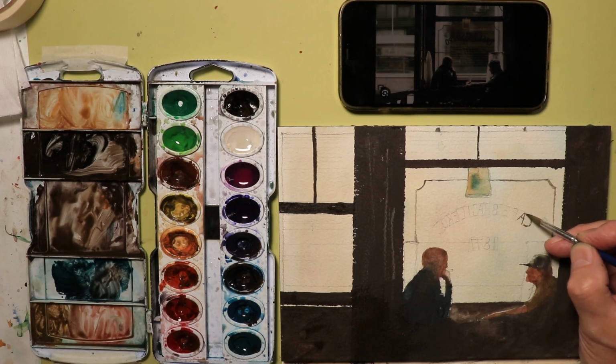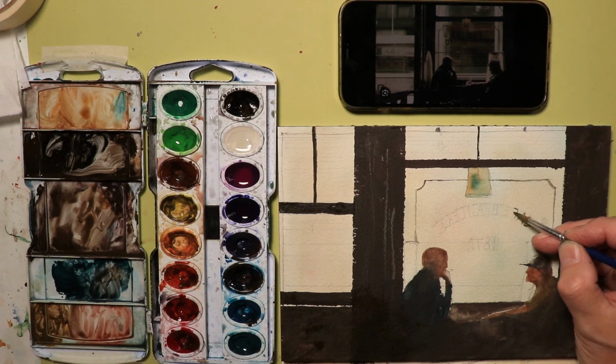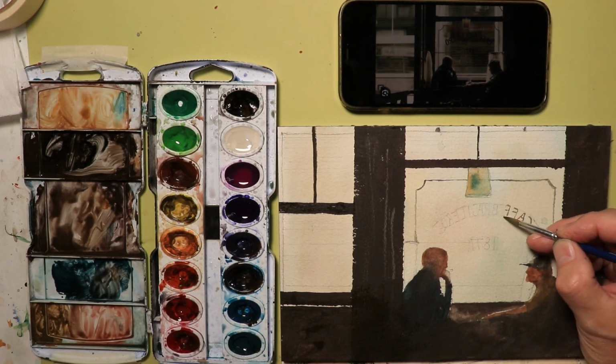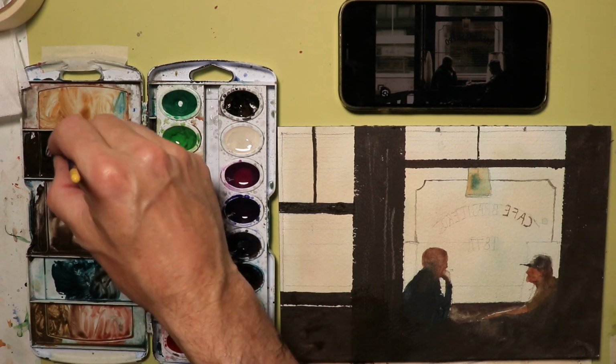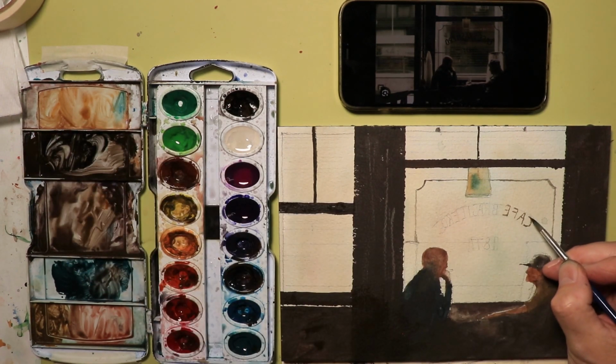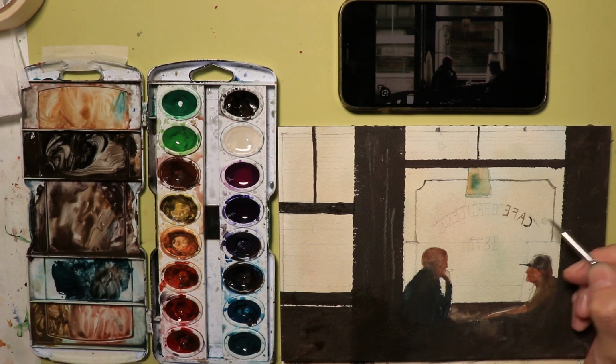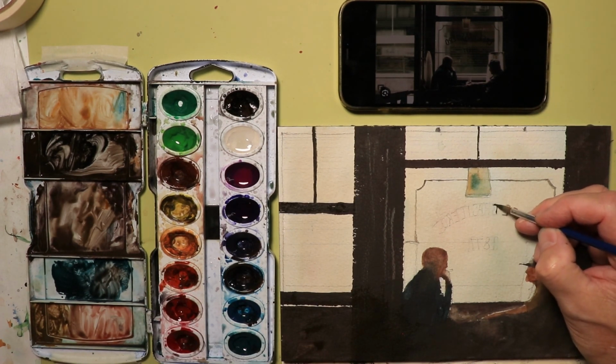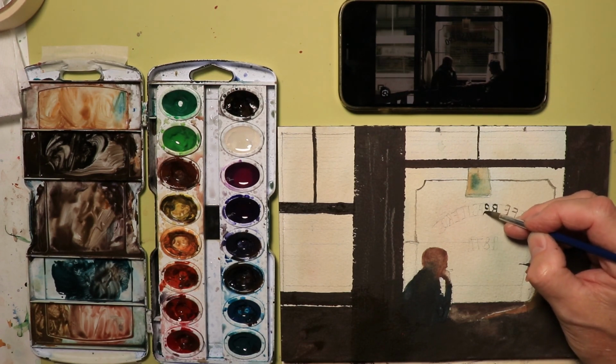And I wouldn't take too much time with this. I would kind of just go quickly. We already penciled it in, so we kind of know we penciled in these letters first. So now we just go over them quickly because we don't want to be too careful. Sometimes going too careful with things looks not as good artistically if you can kind of just get